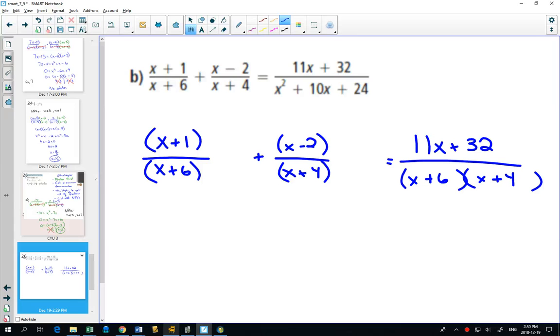Now, do we have a common denominator between them all? No. This one is missing x plus 4 and x plus 4. This one's missing x plus 6 and x plus 6. This takes way too long? We've only written one line. And now if you would multiply everything by the common denominator,